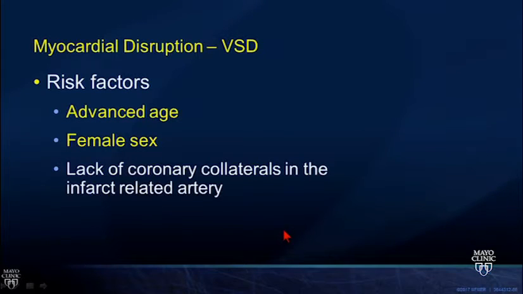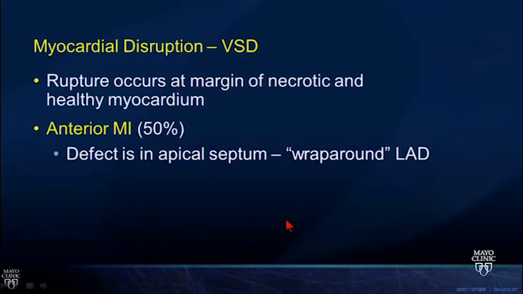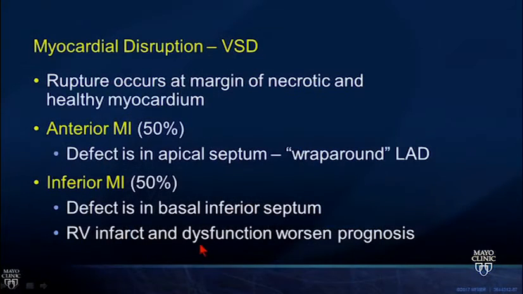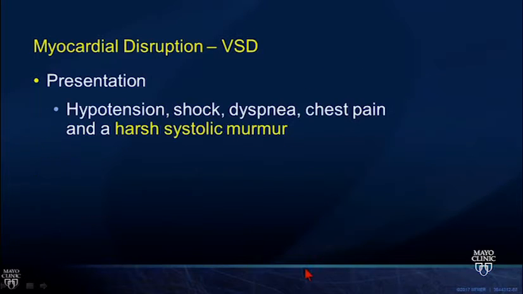This occurs in elderly women, oftentimes their first infarct, they've not developed any collaterals. And it's a split between anterior MI or inferior MI. If it's an anterior MI, it's typically in the apex, and it's an LAD that wraps around the apex and supplies blood to the entire apex. Now, if you have an inferior MI, this tends to be at the base, like the echo example that we just saw, and that inferior MI can be a little bit more serpiginous, a little bit more twisty-turvy, and can involve the annulus as well.